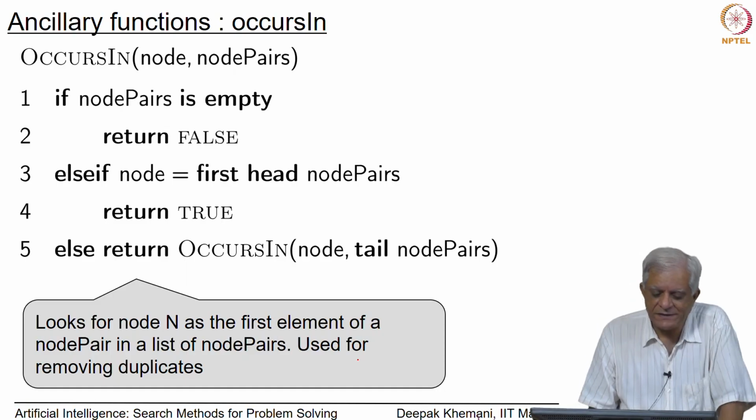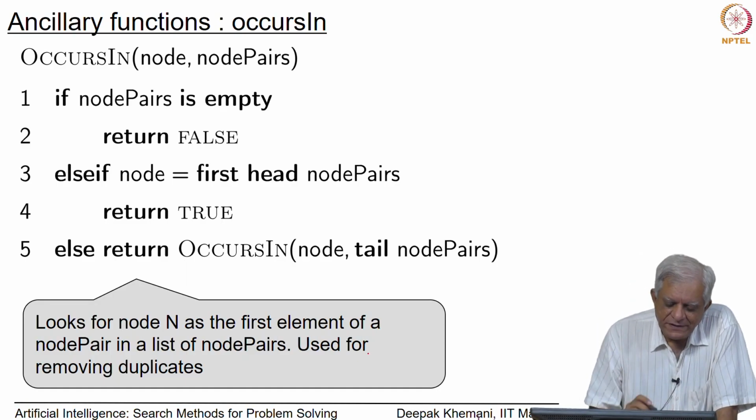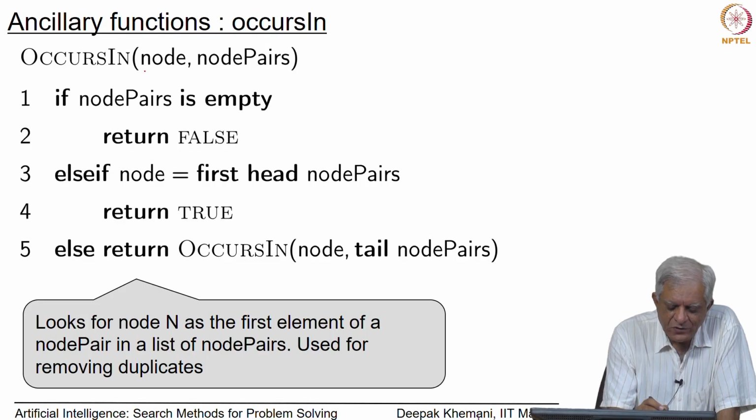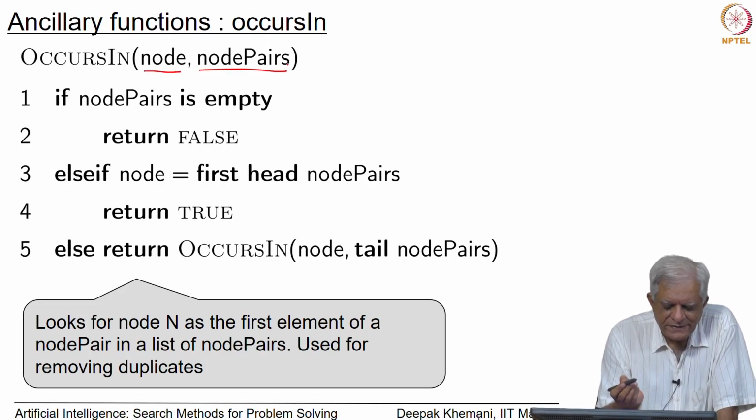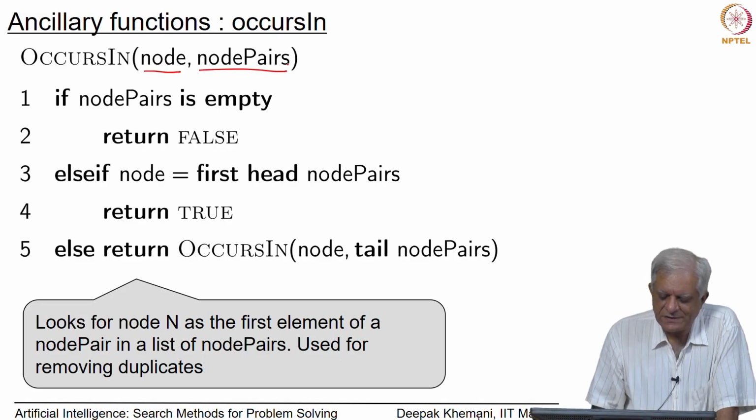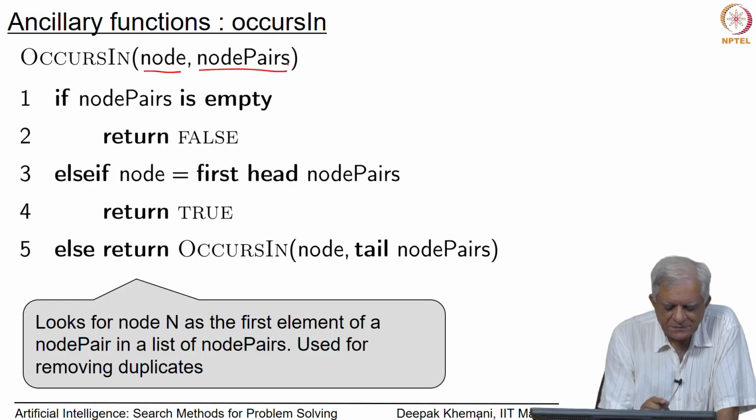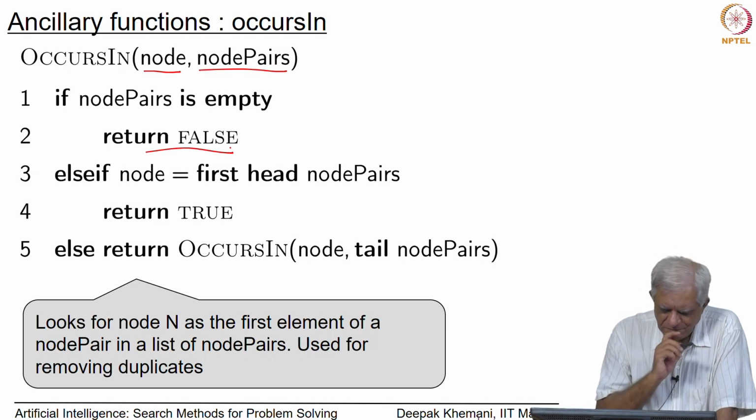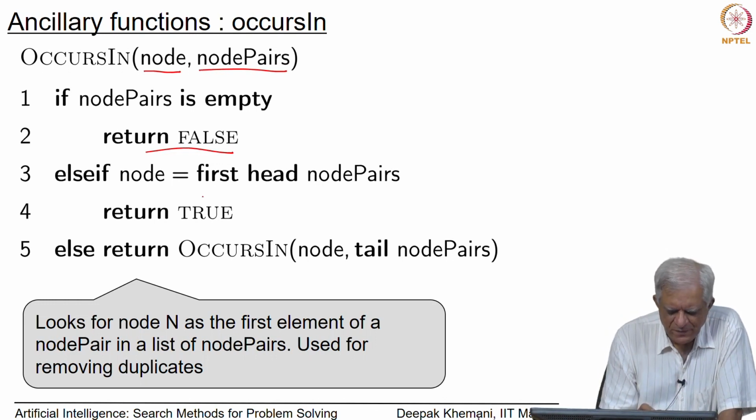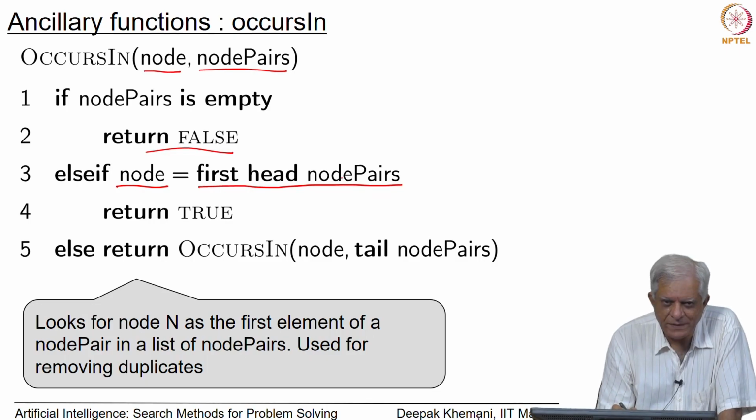So, what is this function occurs in that we talked about? What this occurs in needs to do is to take a node as an input and a list of node pairs. Remember, both open and closed are lists of node pairs, and tell you whether this node occurs inside there or not. So, if the node pairs is empty, that means we have finished inspecting all the things, we simply return false. Else, we look at the first node, and if this node that we are interested in is equal to the head of the node pairs. So, this head will give you the first node pair,